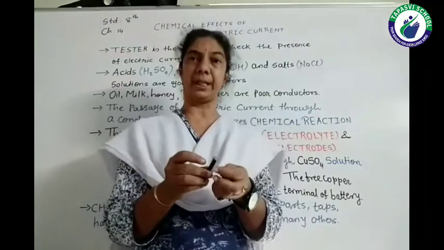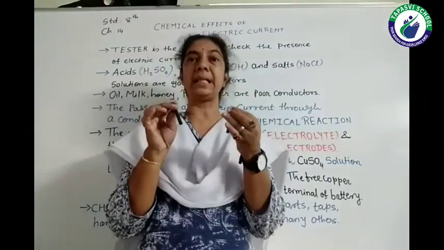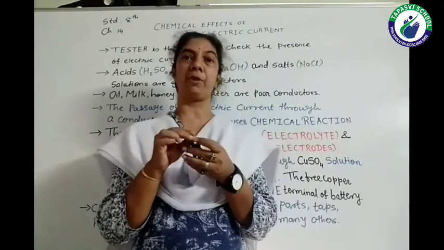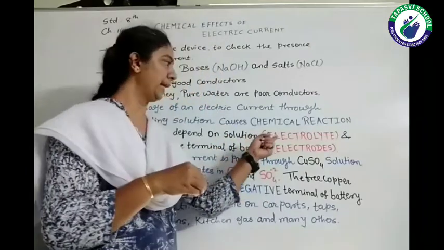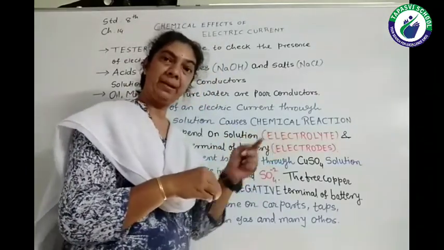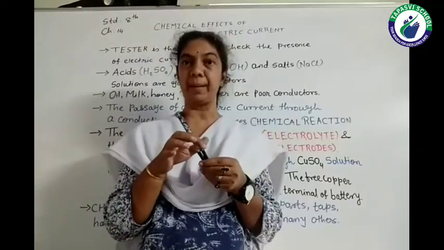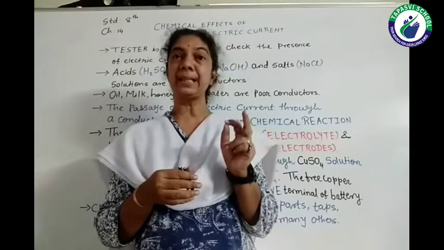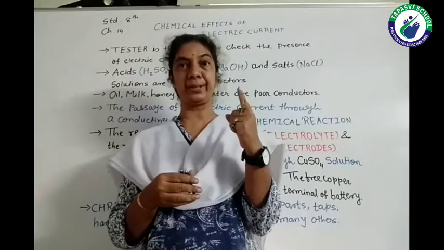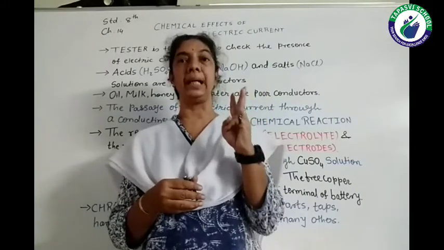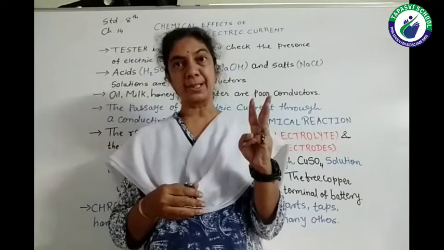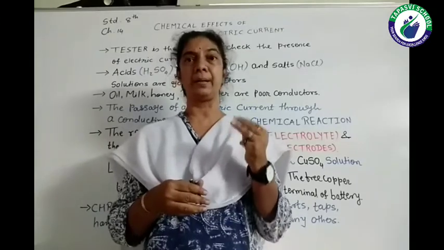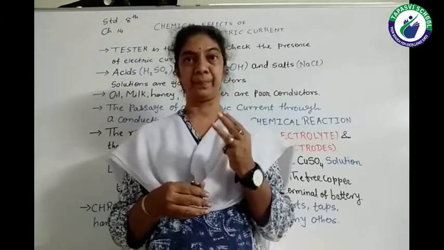So the rods which are connected with the terminal are known as the electrodes. The solutions which we are using for testing are known as electrolyte. And these terminals of the battery are also positive or negative. Please get these terms: electrolyte, terminals and electrodes. If required, please see this video again and again and try to get these three terms from that, right?